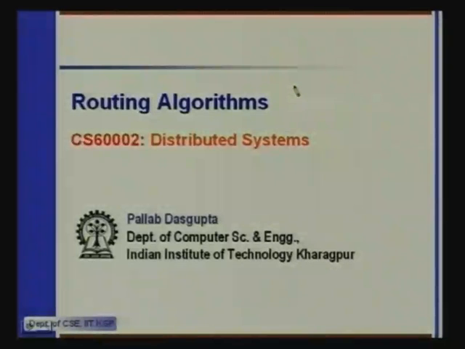Continue from where we left off in the last lecture on routing algorithms. So, let us briefly recapitulate first what we were studying in the last class. Recall that when we talk about routing algorithms, we essentially talk about the algorithms for computing the routing tables at each node, and the actual routing is very simple. It just does a table lookup for the destination to which the packet must be routed, finds out the neighbor